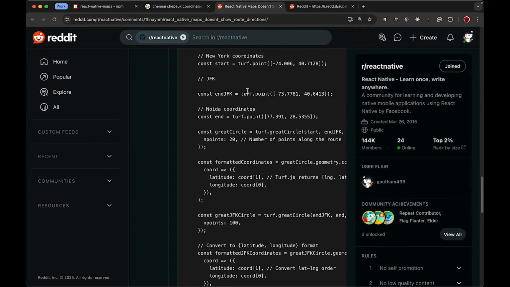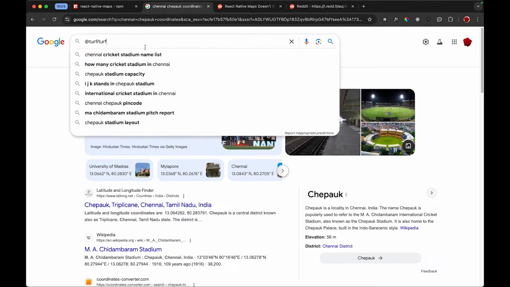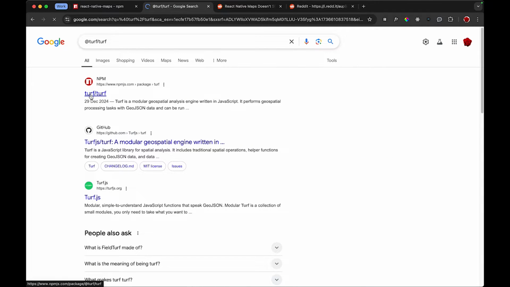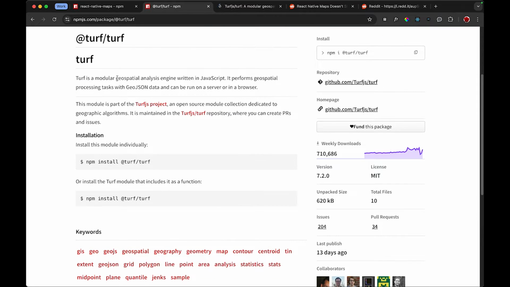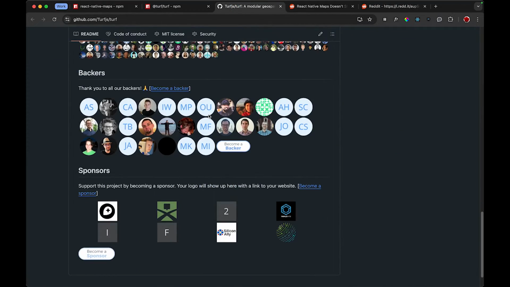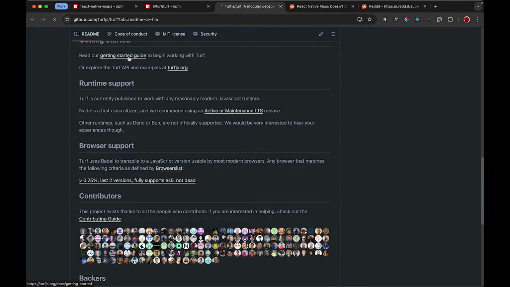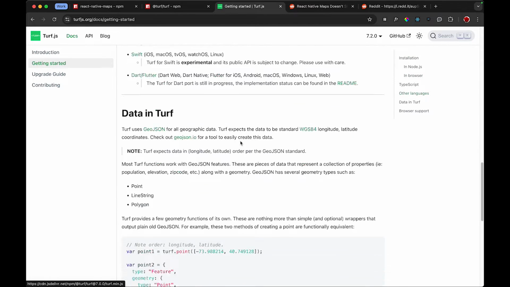First thing is you have to install a library called Turf. So I'm going to go here and search it, Turf and all these things. Turf is a modular geospatial analysis engine written in JavaScript, and all these things are here. If I go here, there's a getting started guide with Turf, this one. If I scroll down,